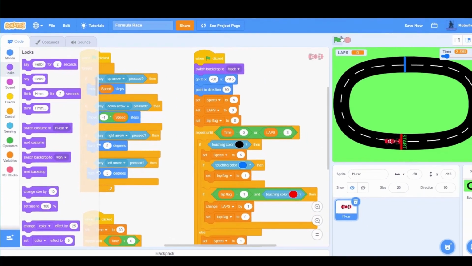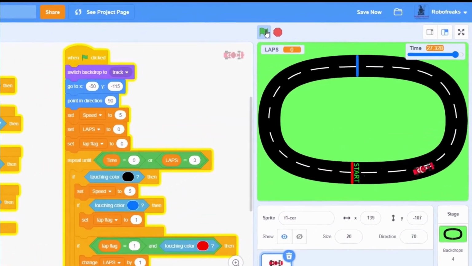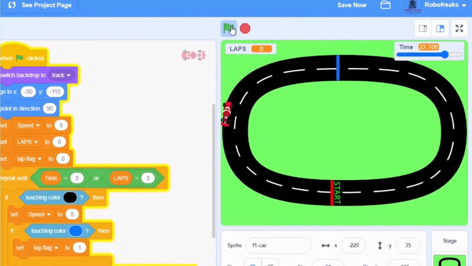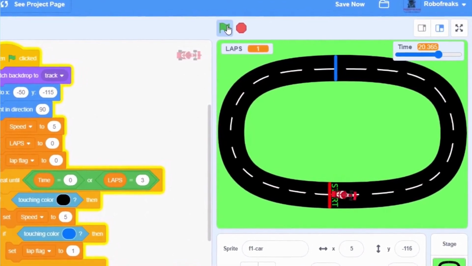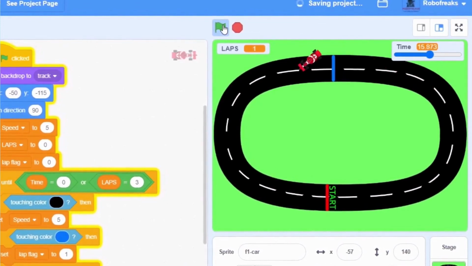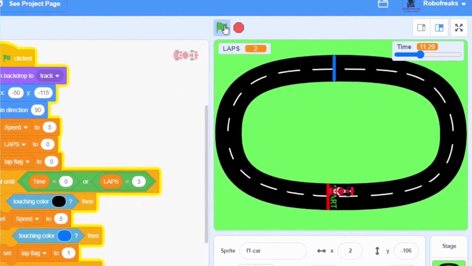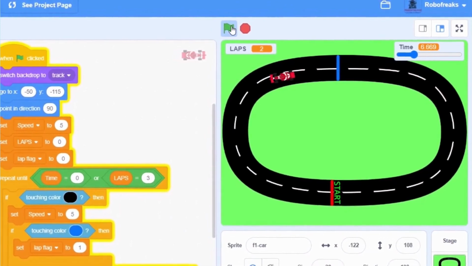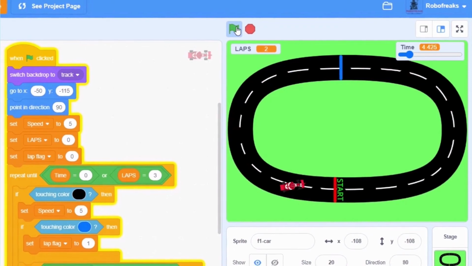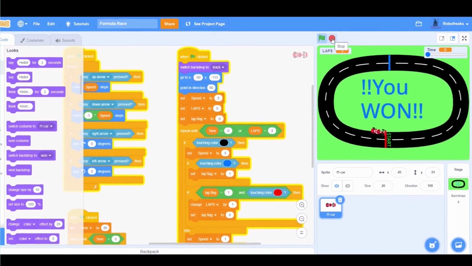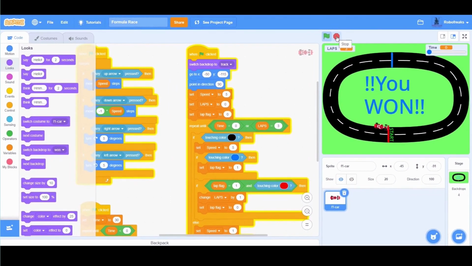Looks like our game is ready. Let's verify. Cool, I won. That was way more difficult than it looked.